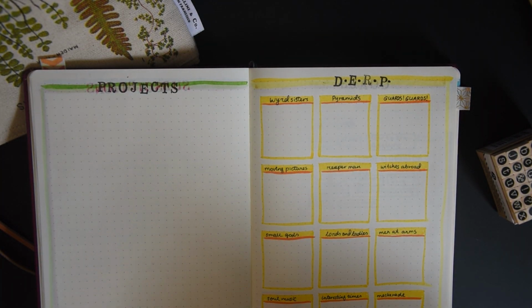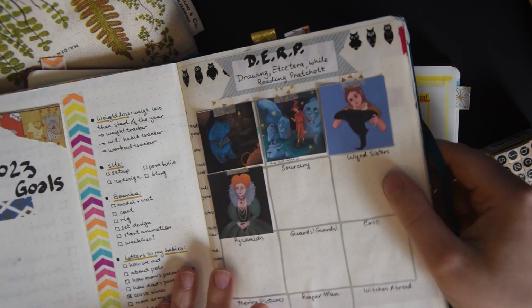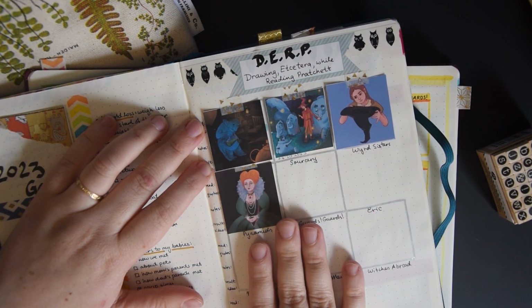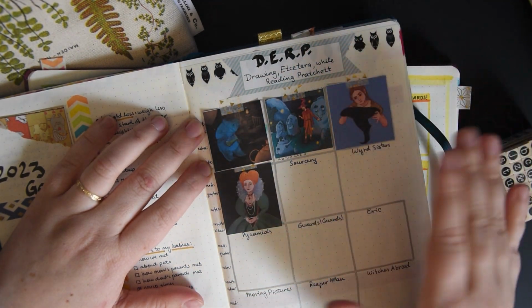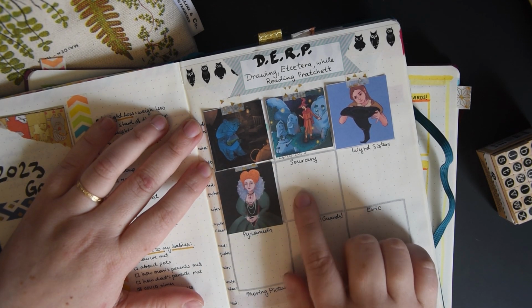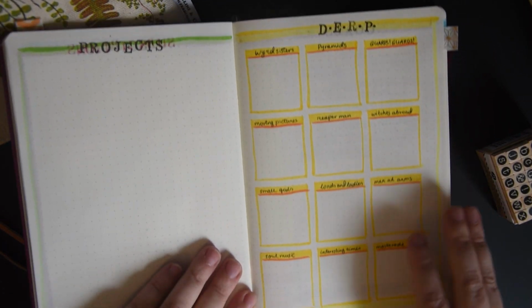I have a whole bunch of videos, and by whole bunch I mean 5. Let me find it. This is my current bullet journal, and those are my art book projects, D.E.R.P, drawing, etc., while reading Pratchett. So I did 5. I have yet to print out the 5th one and put it in here, but ideally I would have multiple